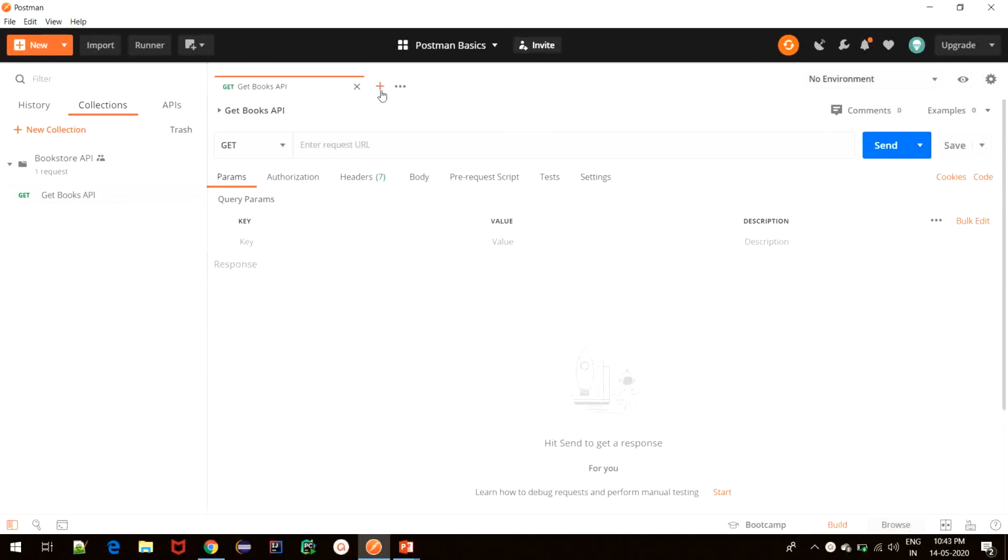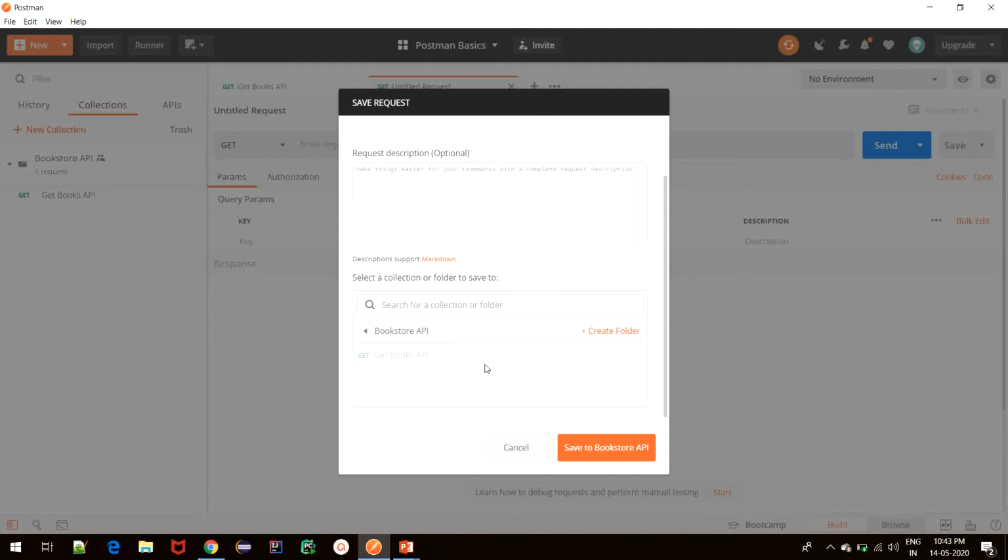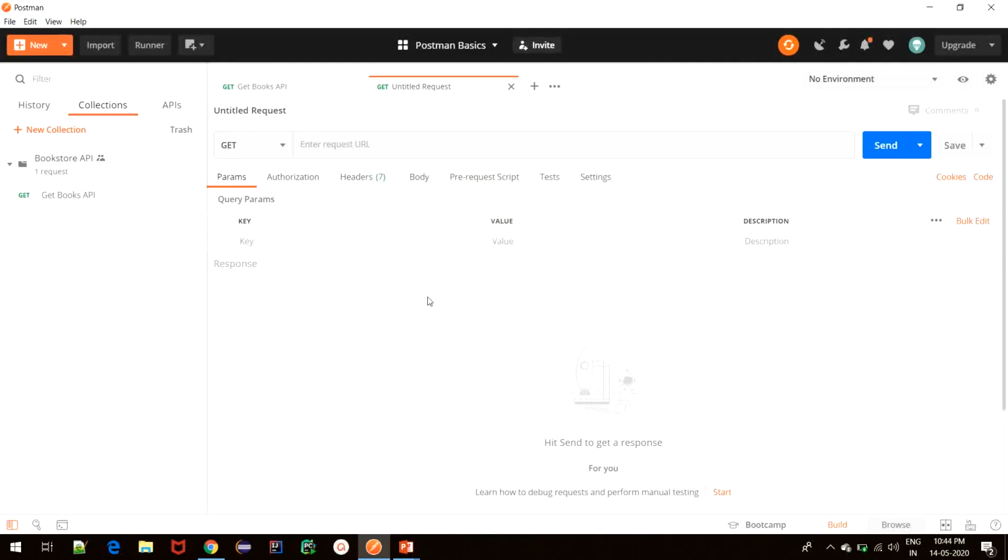Another way in which you can create a request is by simply clicking this plus option that you see in the request builder section, and it will open a new tab to create a new request. As you can see, this request is untitled and no details are filled in. So we can simply fill in the details, that is the method, the URL and headers and other parameters that we need to fill in. And after that, if we click on save, we get a similar kind of request form using which we can save it to an existing collection. So now that we have seen the number of ways in which we can create a request, I'll just close this tab and we can build our first request in Postman and see how it works.